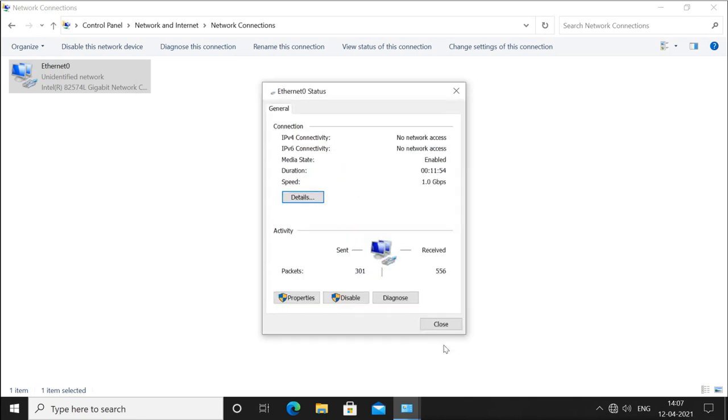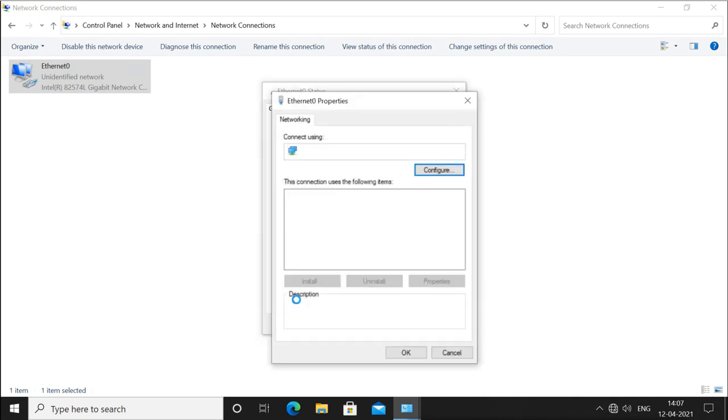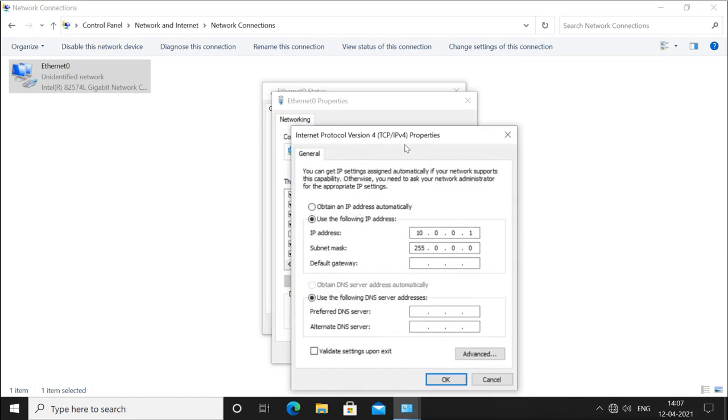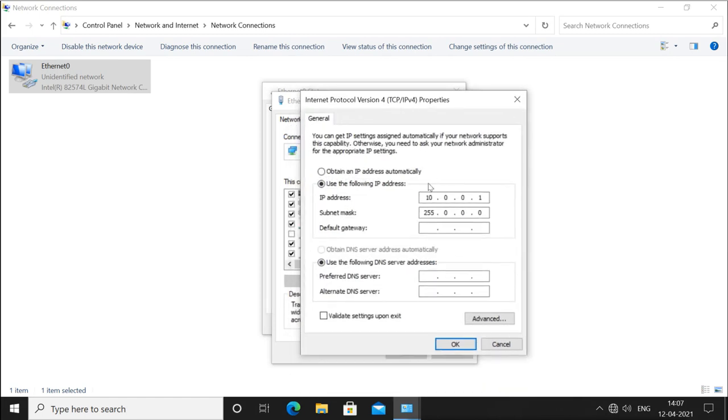If you want to configure it, then you can go to Properties. Under the properties, you have two options, IPv4 and IPv6. If you want to configure IPv4, then you select IPv4 and go to the properties of IPv4. And here you will see the IP addresses.